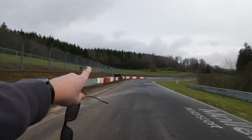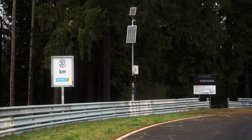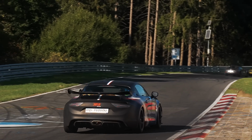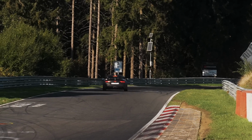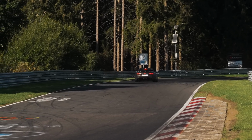So, we ended our video here when you arrive towards the tire wall over here, and then you go to the 3-kilometer sign, which is a very nice reference point. Position yourself already more on the left side and go hard on the brakes, relatively hard. I would say for the beginner you can use the tarmac transition as a reference point for the braking and